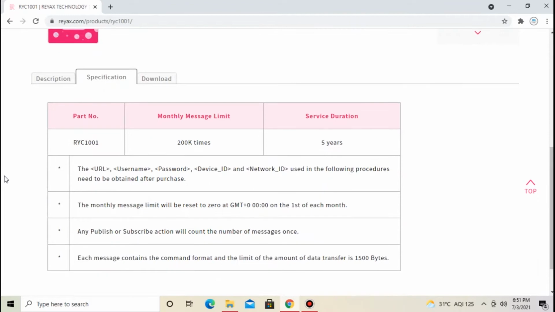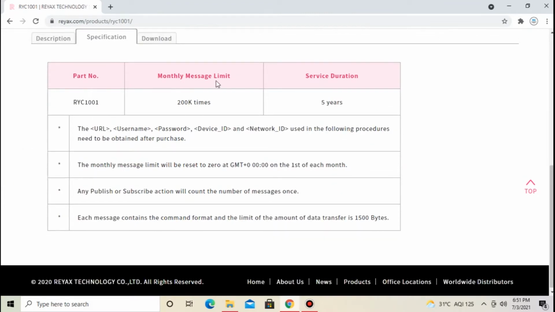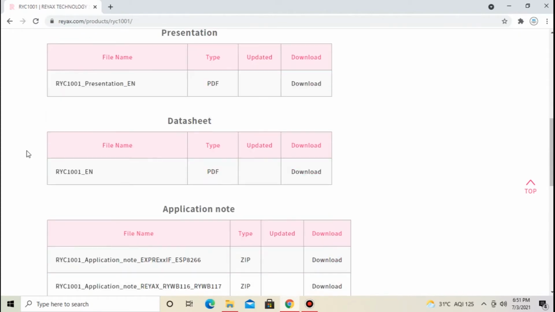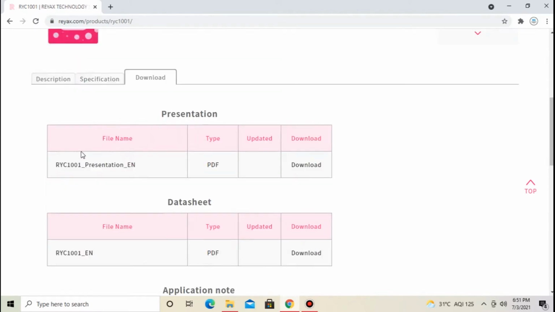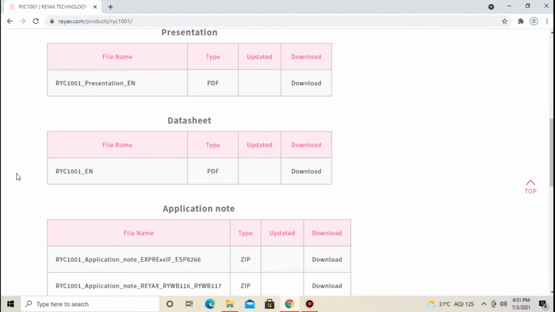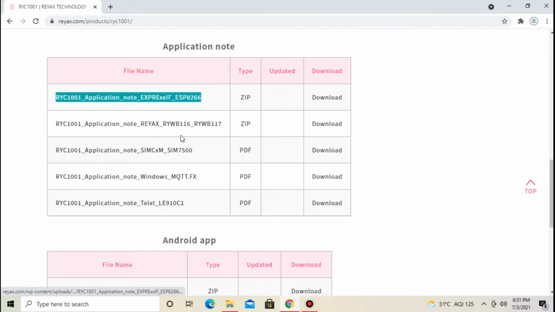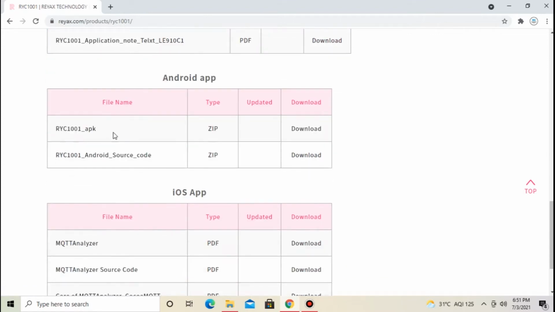In this cloud platform, you will get monthly 200k messages and service duration is around 5 years. In download section, you will find all the documentation. For this video, I have referred this document which is related to ESP8266. You can download the document from download option.